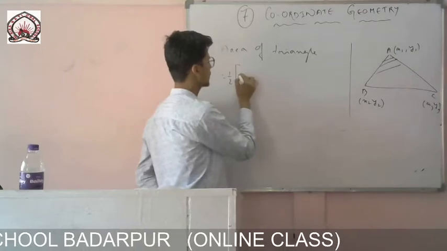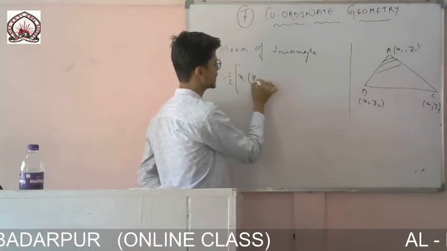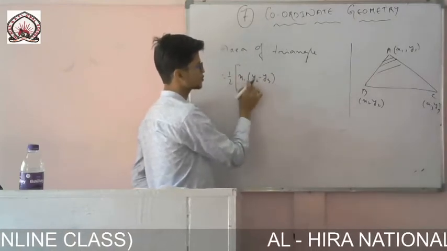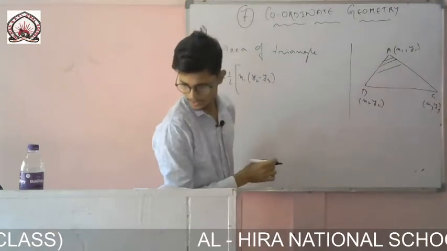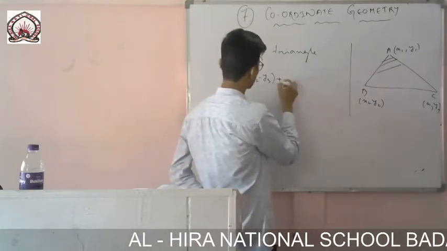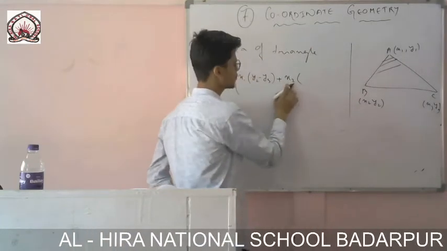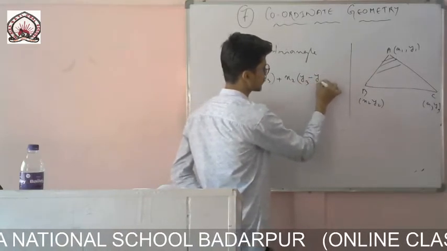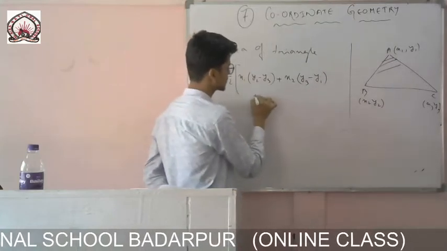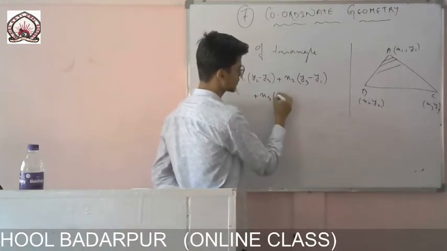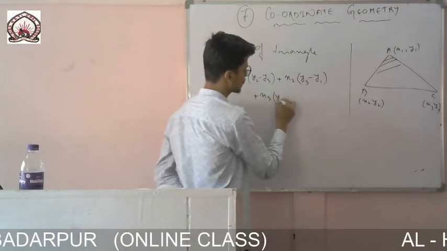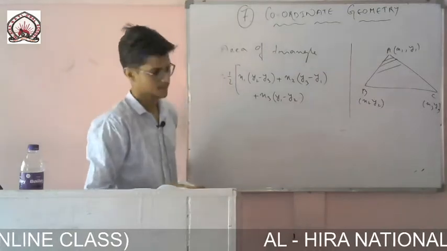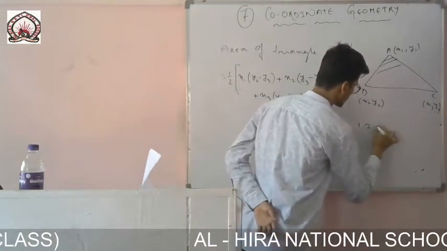Very easy way to remember: x1, then you give y2 minus y3, 1 2 3, there is minus sign. Okay, x1 (y2 minus y3), plus then x2, the 2 finished. So now it will be 2, then it will come 3 minus 1, then plus x3, so 3 is there, so it will be y1 minus y2, 3 1 2. You just follow the pattern, 1 2 3.